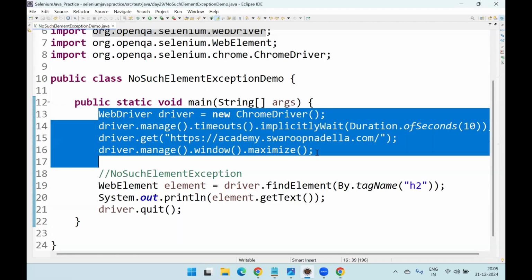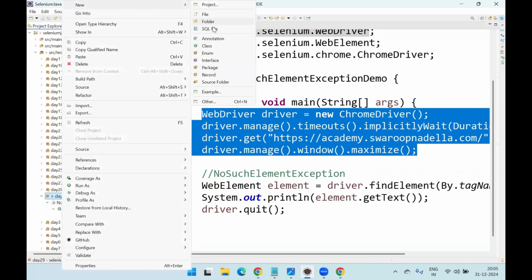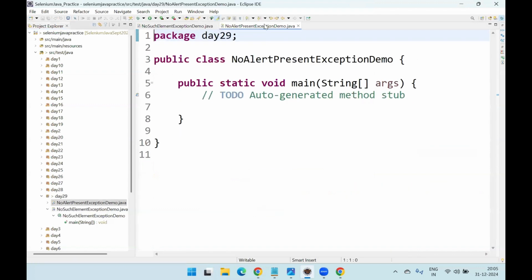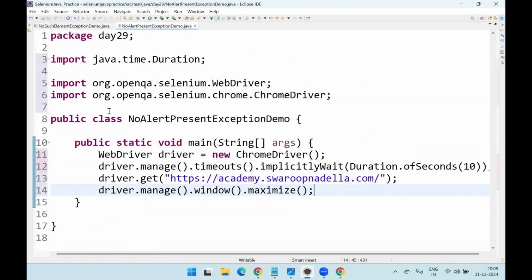So what I will do, I will be copying these lines of code and creating a new class here. No alert present exception demo. Select the main method, click on finish. So here initially let's take the 4 lines of code